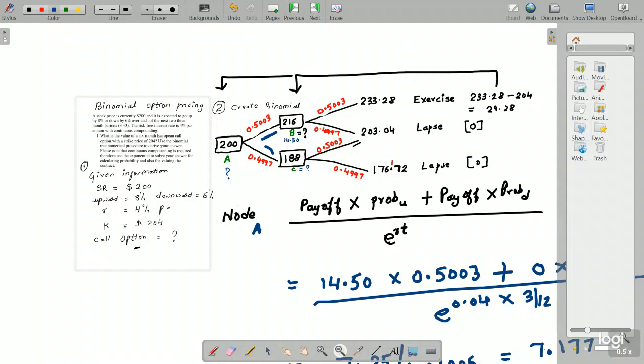So basically, if you look into it, it's 29.28. When you brought it back in at node B, you are using two pieces of information. The first information was how much is the likeliness, the probability, and the discounting that you have done is the risk-free rate of return for that period that you have applied over it, right? So you have used 4% for 3 months, and therefore you have got one value at node B, which is 14.50. Now people may tell you, or you may have this question in your mind, why are we stopping at node B when we are not supposed to do anything, because it's a European option. Why is there a point stopping in between?